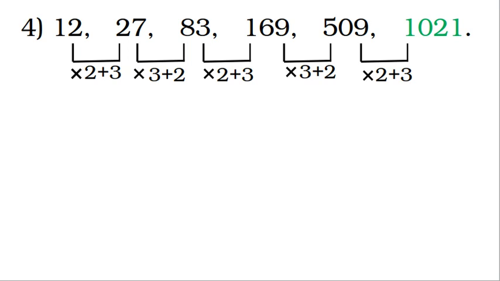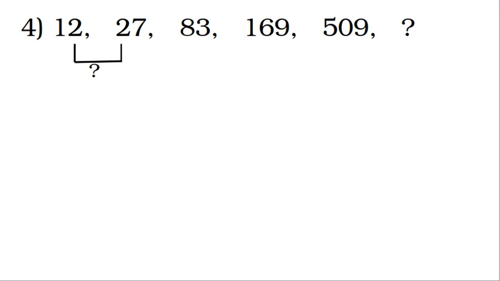Now my question is, why did we not start from this end, 12 and 27? As we discussed earlier, solving a question based on number series is all about trial and hit. You have to focus on minimizing your number of trials. That will raise your speed. That will raise your confidence. So I want you to relate the given numbers with a minimum number of trials.